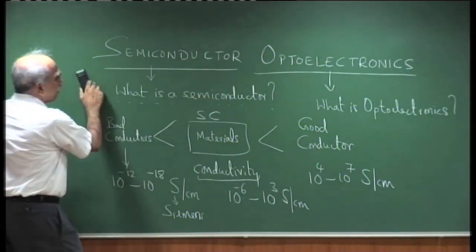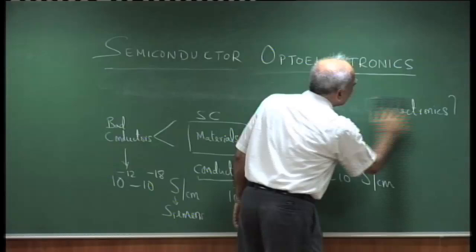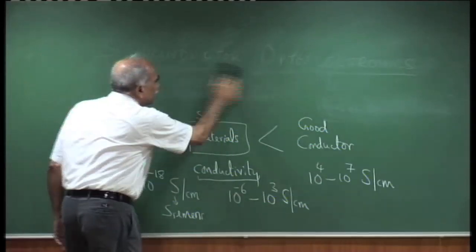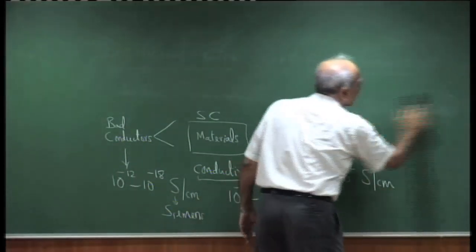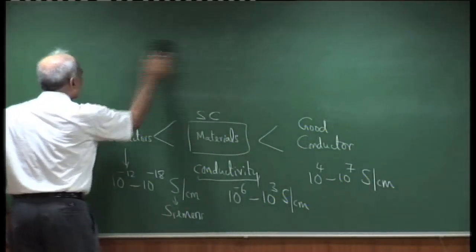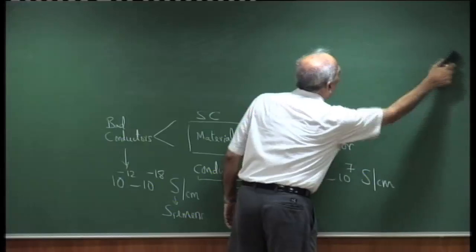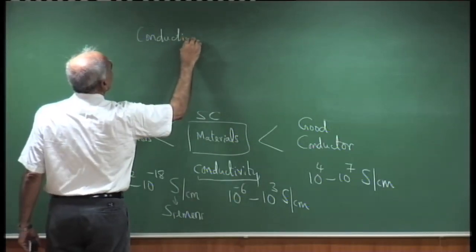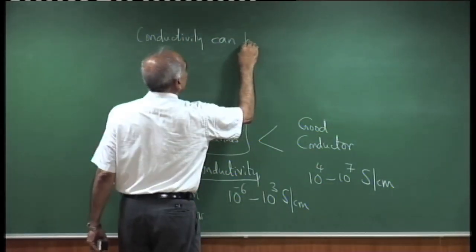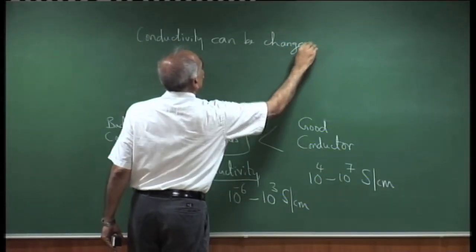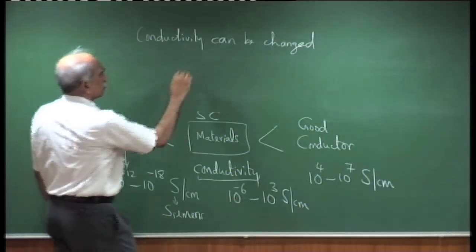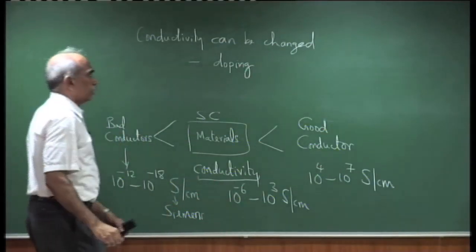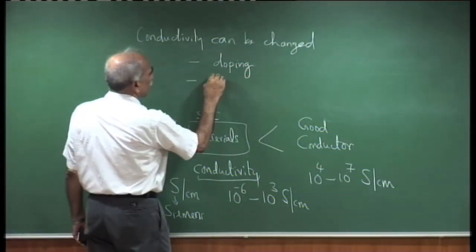The primary applications of semiconductors have come out because the conductivity of semiconductors can be changed by orders of magnitude, by doping the semiconductor material, by changing the temperature of the material,